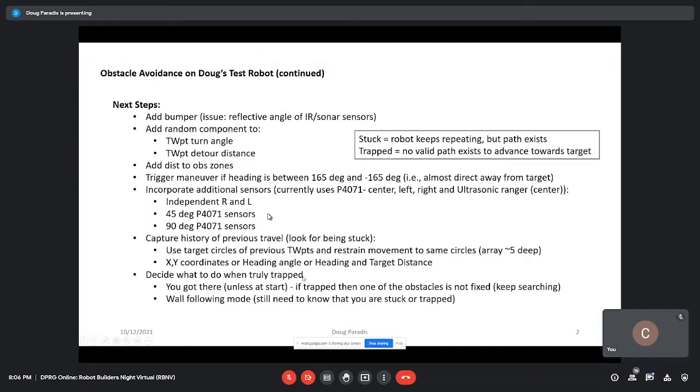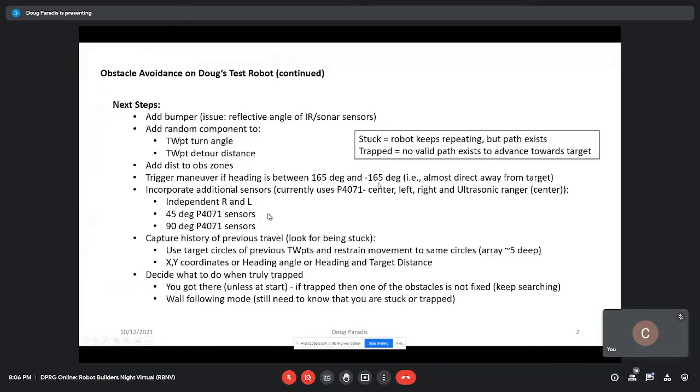Hey, Doug? Yeah. Maybe that array might be helpful to capture if at some point you decide to turn all the way around and go backwards, that knowledge might be helpful. That if you did that turn once at that location, then did it again at that location. Yeah, that's what I'm. So this one up here,